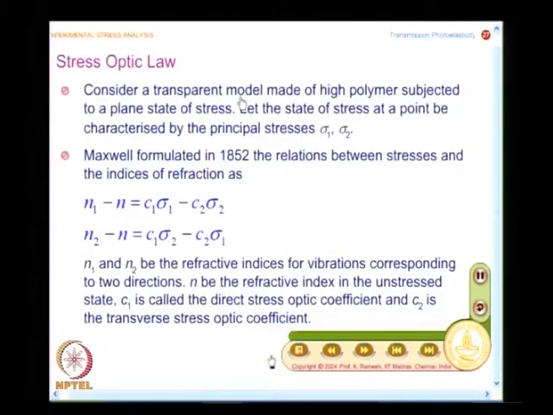But to understand the physics, we had to look at how a crystal behaves, and reinforce ourselves that for one single incident ray, there will be 2 refracted rays. The 2 refracted rays are plane polarized in mutually perpendicular directions. In general, they will be elliptically polarized when they come out of the crystal. All that knowledge is required to appreciate the link. But if you look at the mathematics, it is very simple.